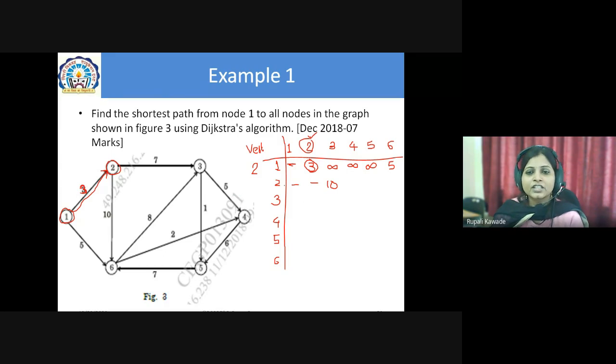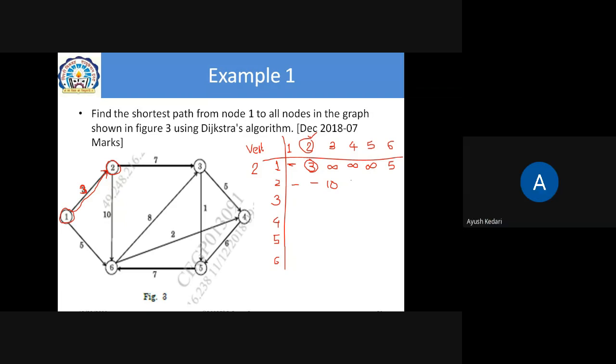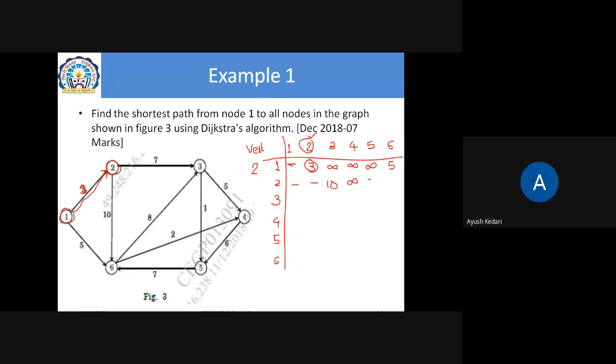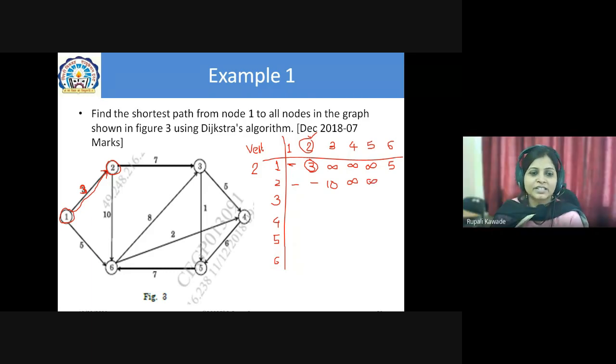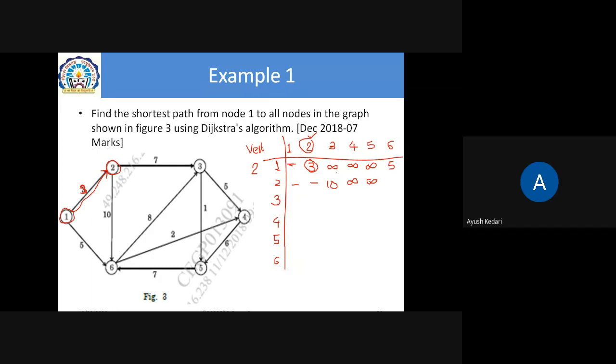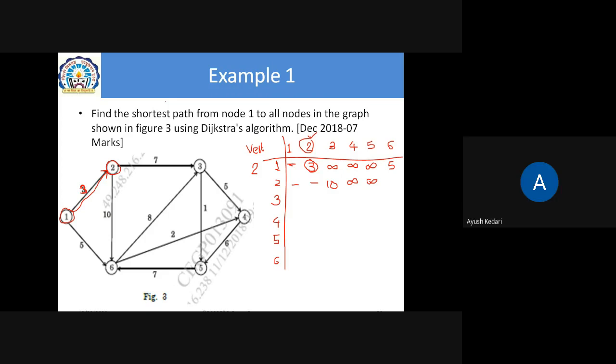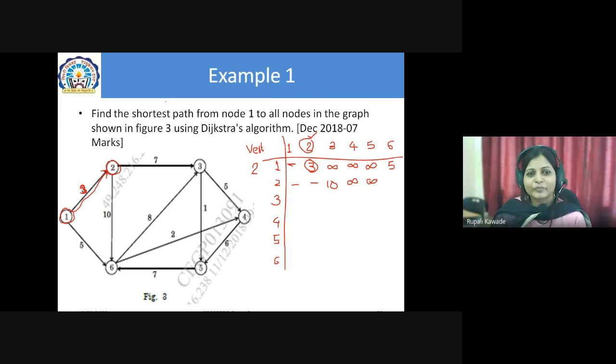Next, distance from 2 to 4. Infinity. Yes, infinity. 2 to 5? Infinity. 2 to 6? 13. Now, 1, 3. Oh, okay, distance between 2 to 6 is, as per the diagram, we can see that 2 to